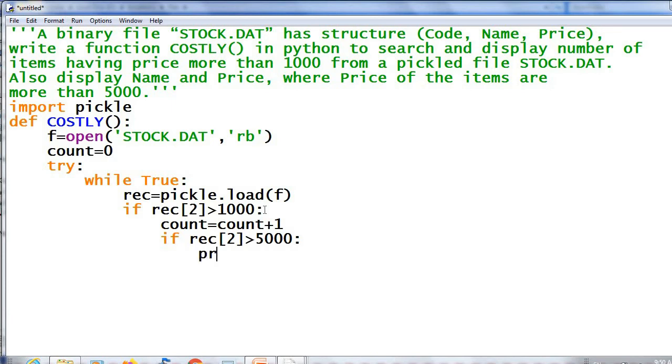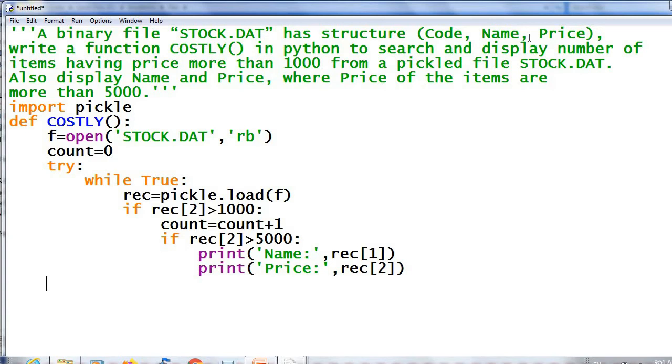So print name. Name is at index 1, so give rec of 1. Then print price also. Price is at index 2. So rec of 2.